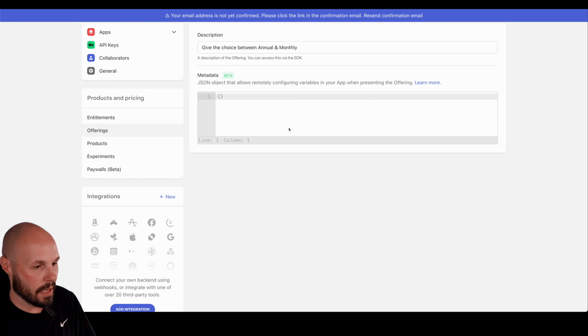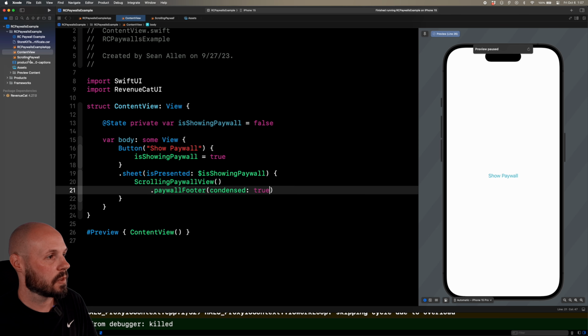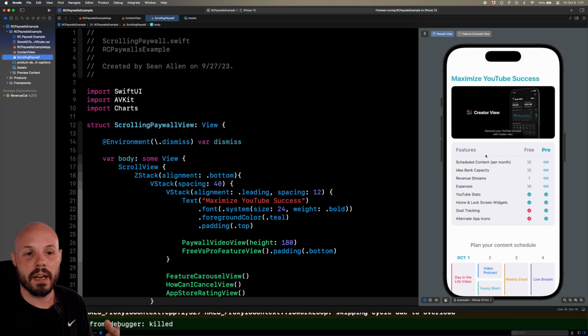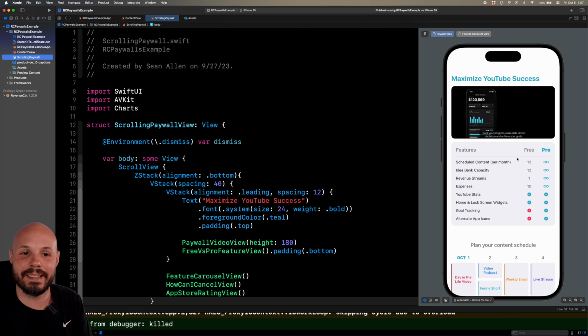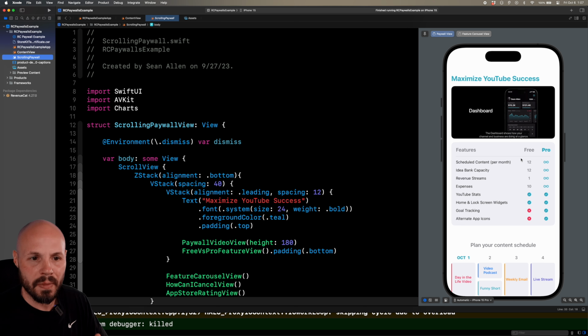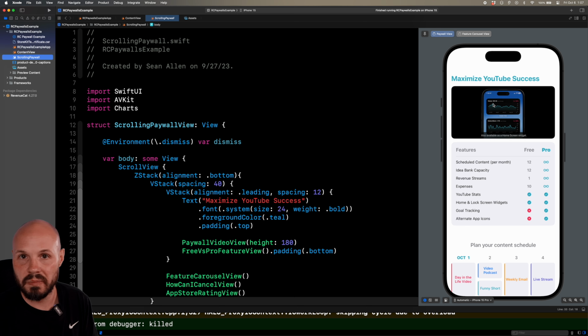Now let me go to my Xcode here to show you my scrolling paywall. Okay, without the footer view, you just see the paywall for the example. So what this allows me to do, when I fetch the offering, I can attach JSON to it. The example here is, let's say I want to test it with a video and without a video and see which one converts better. Maybe the video is too distracting. I can pass in the JSON of, hey, show video, and it's either true or false. And then I pull from that JSON when I pull up my paywall,